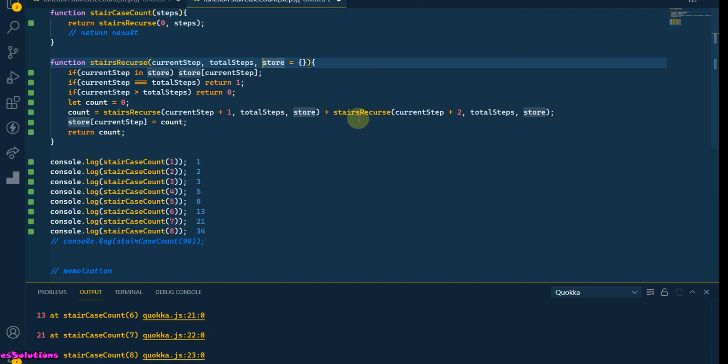It goes ahead. When it gets to step 2, it calculates it. When it has calculated for step 2, the value for step 2, remember, is 2. So whenever it comes again and sees step 2, it doesn't calculate that because it will have stored it inside our store. If I were to show us what store holds now,